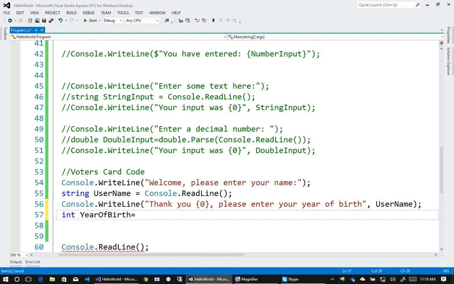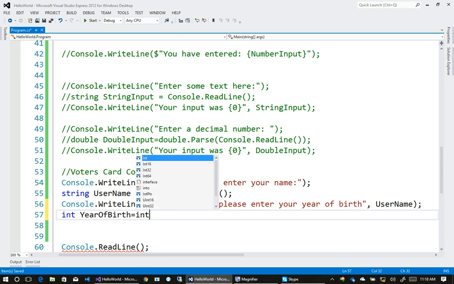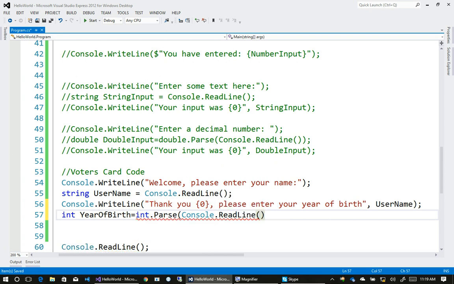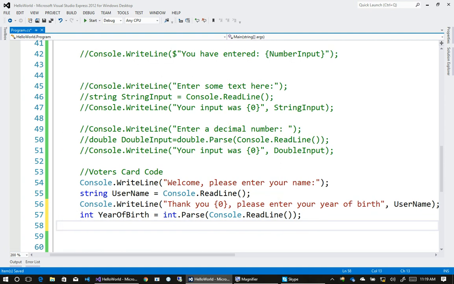Okay, so we say year of birth will be, since it's an integer, how do we accept an integer input? Who can remind me? Int.Parse, thank you. Console.readline. Then let's now do the maths. We have to get the current year we are in. So we say int user age is equal to,